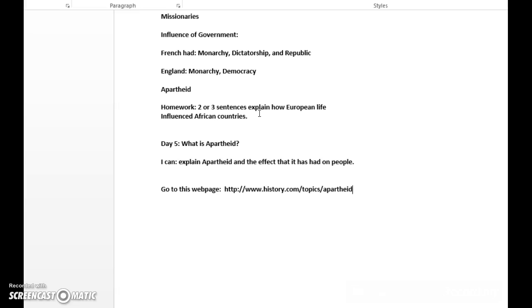Today's assignment is, hopefully by the end of the lesson, you're going to be able to understand what apartheid is. It is called apartheid. The I can statement is: I can explain apartheid and the effects that it has had on people. So the very first thing that I would like for you to do today is